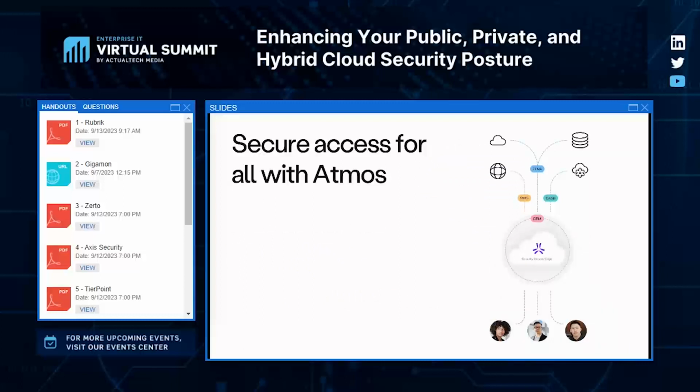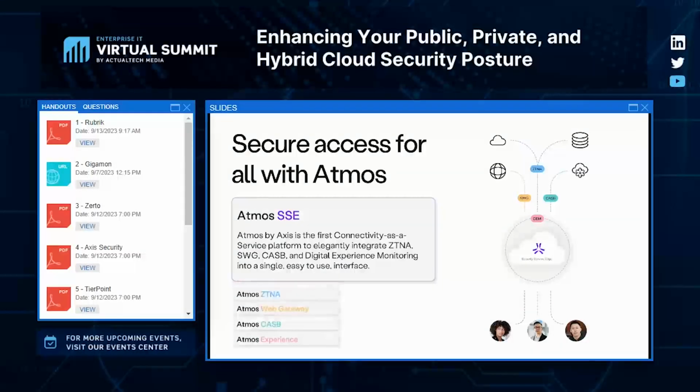So now let's look a little at the Axis Atmos SSE platform. The platform was designed on day one to bring networking security together. It's really all about harmonizing what in the past was a symphony that played as individuals versus as a team. In the past, the enterprise would select one vendor for networking, one for security, one for DLP, one for the WAN, and one for cloud security controls. And as we all know and have discussed, this leads to operational complexity, high cost, and ultimately poor security design.